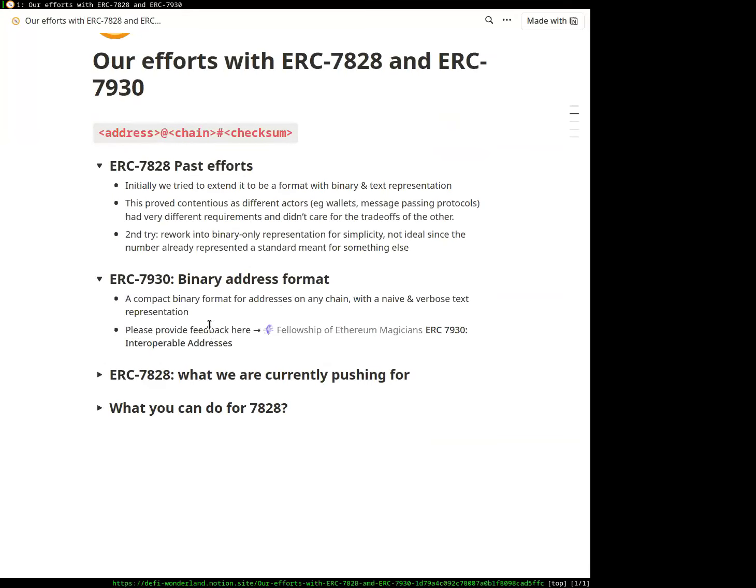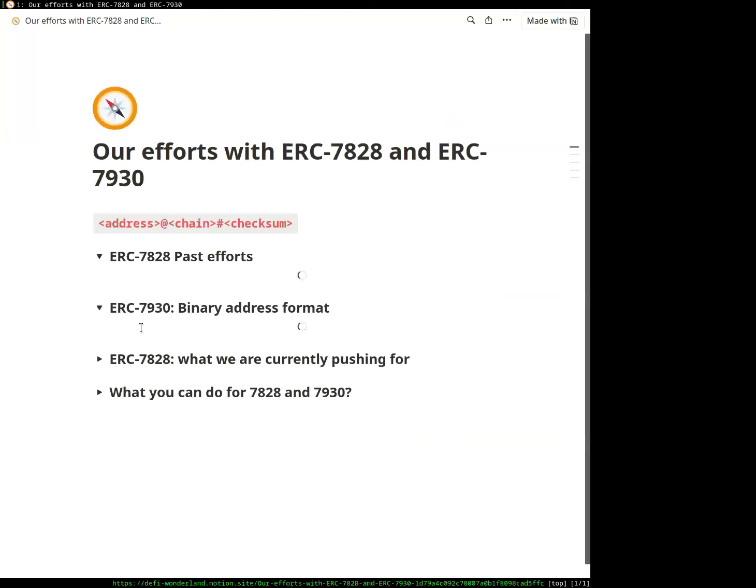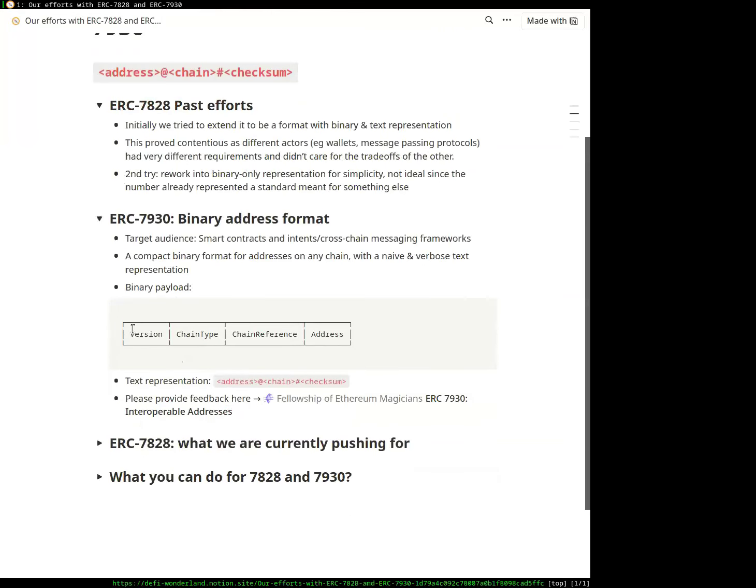The idea with ERC 7930 is to be the binary representation standard. I'm going to refresh this because I had some other examples of this. There we are.